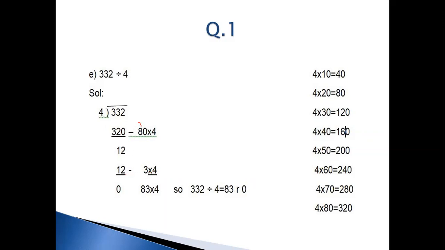Here we are going to add the numbers, those steps we have taken to solve this question, like 80 and 3. These are the multiples of 4 with the help of which we have completed this division process. So we are going to add them. 80 plus 3 will be 83. And of course, 4 was working as a multiplier. So we will write it here as it is. And to finally write the answer in the form of a solution, we will write 332 divided by 4 is equal to 83, remainder 0.